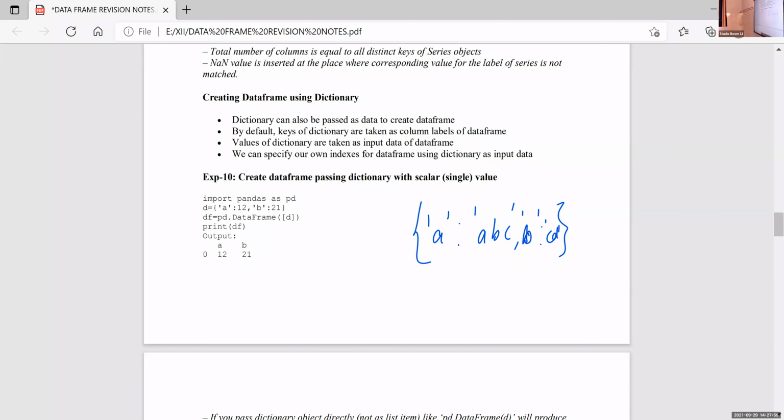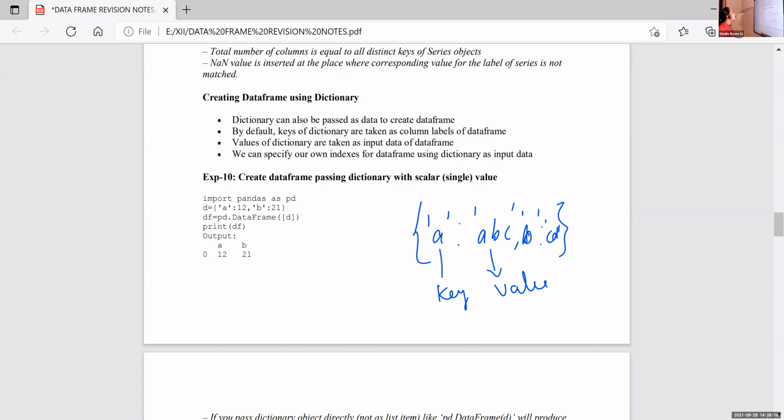This is the dictionary representation. A dictionary is within curly brackets, and it includes a set of pairs. A single pair includes a key and a value.